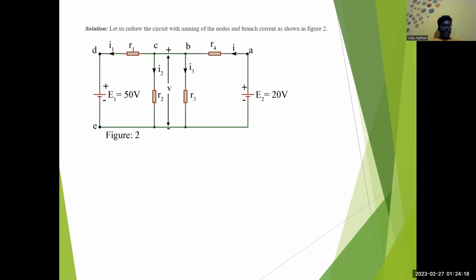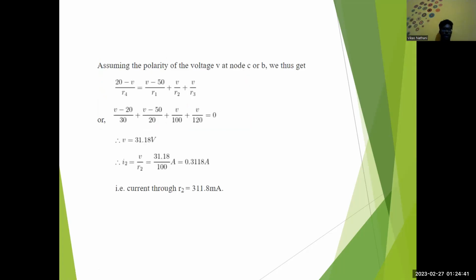Let's see here: I1, I2, I3, three currents are flowing. We have taken A as the first node, B as the second node, C as the third node, D as the fourth node, E as the fifth node, and a voltage V, and R1, R2, R3 are resistances. Assuming the polarity of voltages,